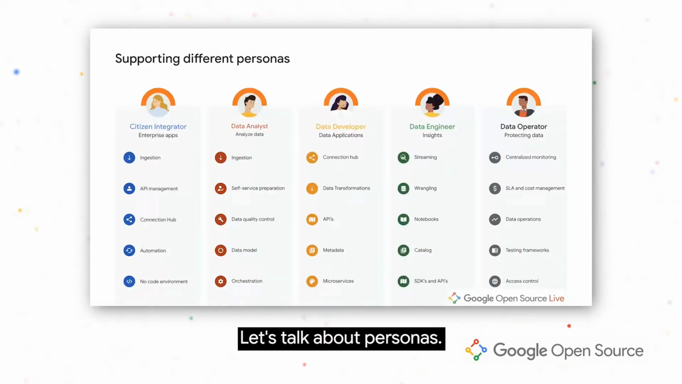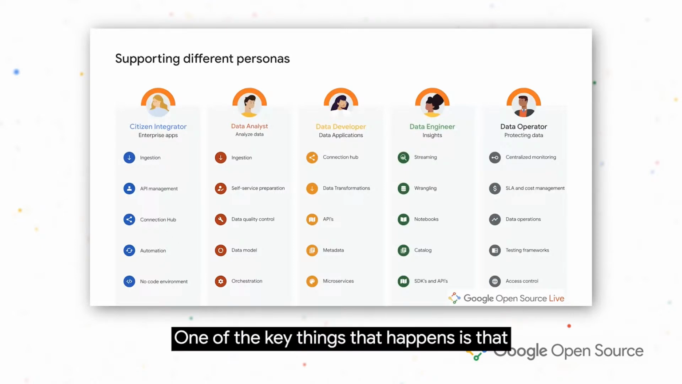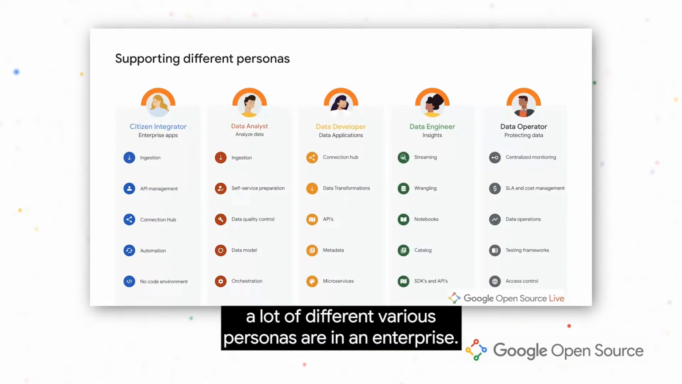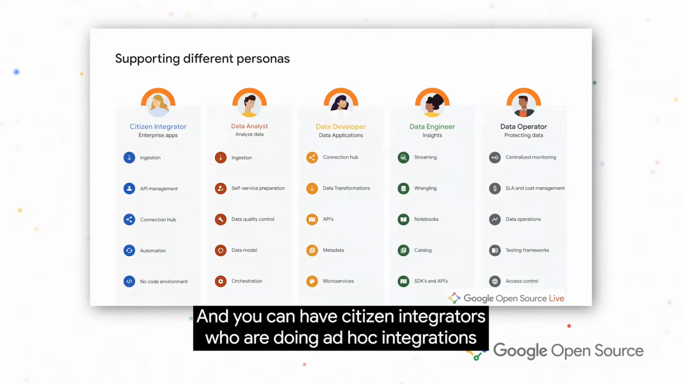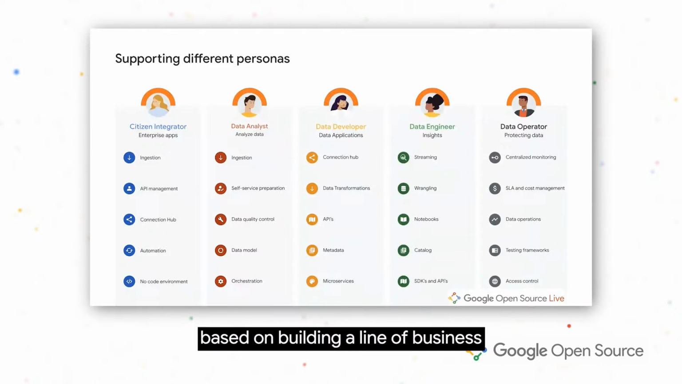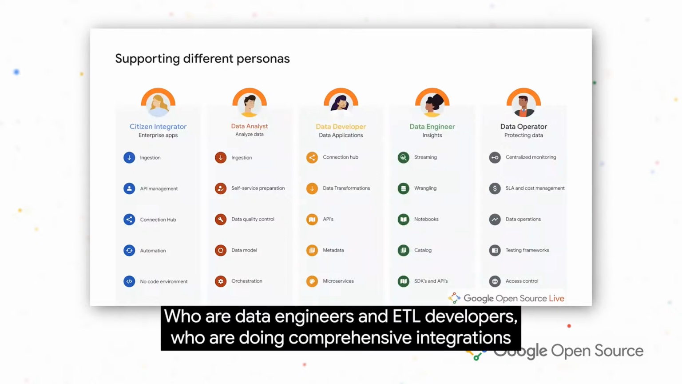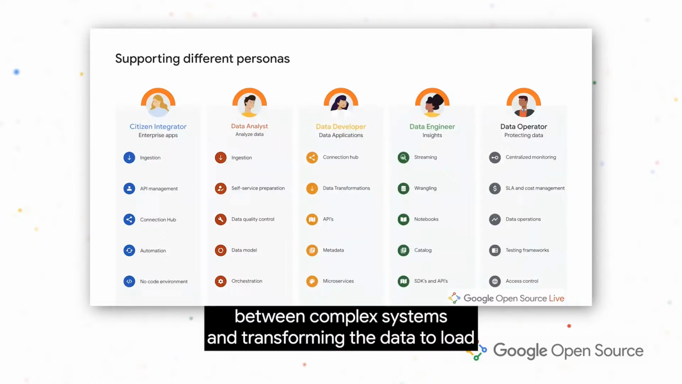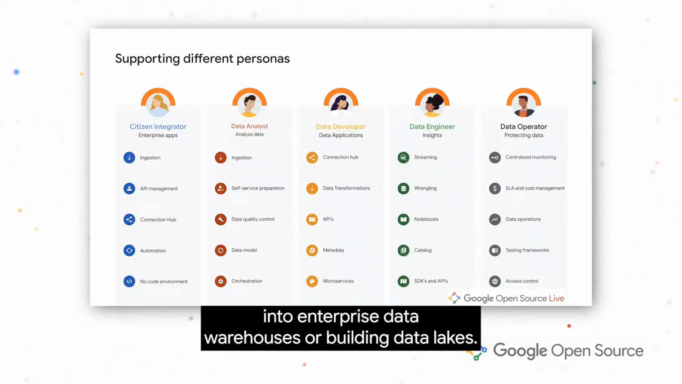Let's talk about personas, right? I did touch upon the personas earlier. One of the key things is that there are a lot of different personas in an enterprise. And you can have citizen integrators who are doing ad hoc integrations based on building a line of business data mart or trying to analyze the data, to a data engineer and an ETL developer who are doing comprehensive integrations between complex systems and transforming the data to load into enterprise data warehouses or building data lakes,